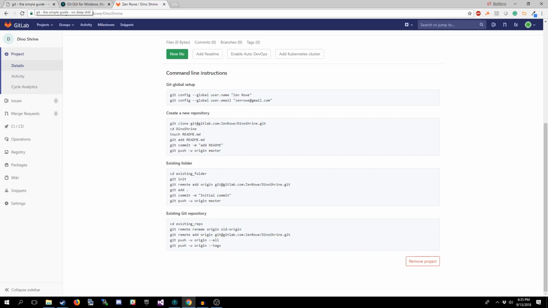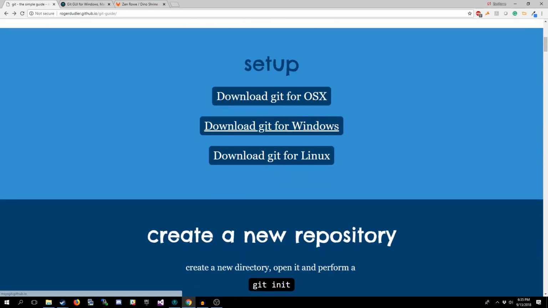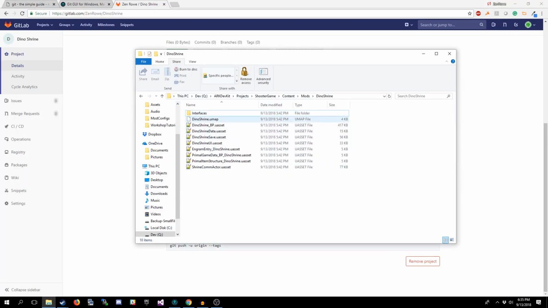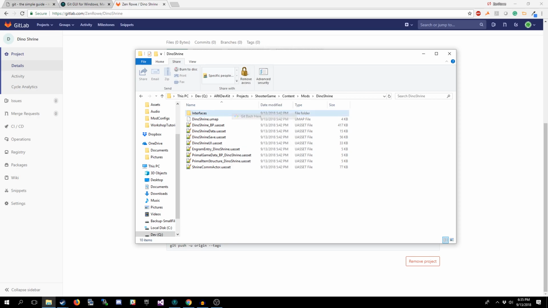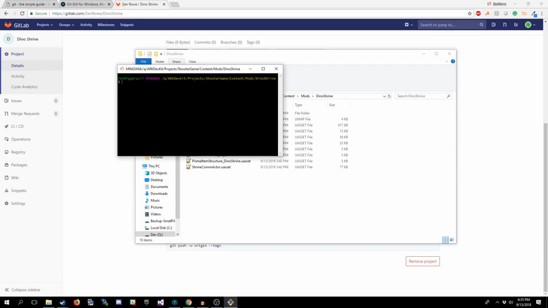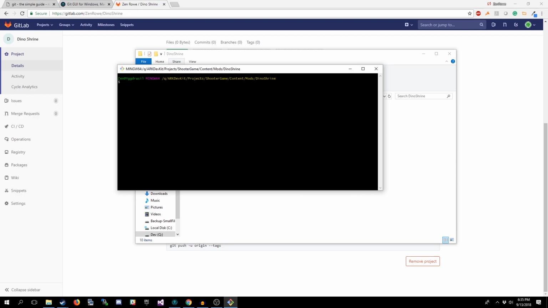So before doing this, make sure you've installed MinGW, whichever Git setup is right for your operating system, again from this cheat sheet at rogerdudler.github.io/git-guide. For me, it's already installed. Once you have it installed, go to your mod folder, right-click in the empty space, and choose Git Bash Here. This will open up the Git command line in the context of this directory.